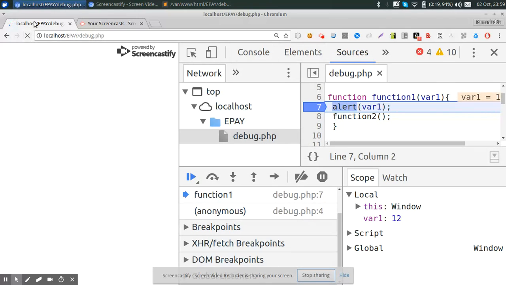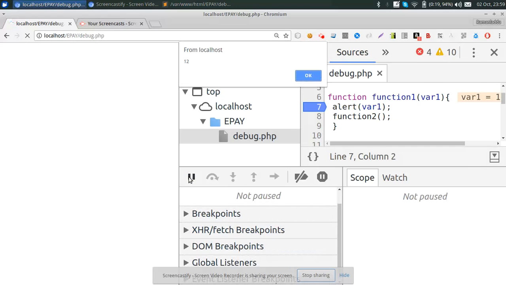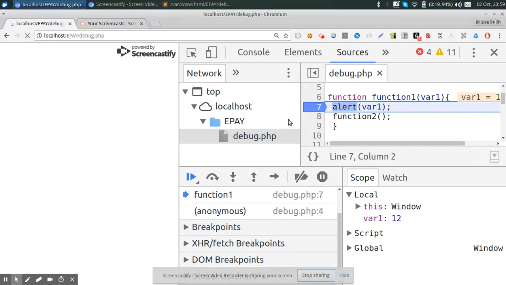So you can see that it's loading, and the execution is stopped here at the 7th line. If I want to resume the execution, I can click here. So you can see that the whole program is executed at once. Now again load this whole script file,